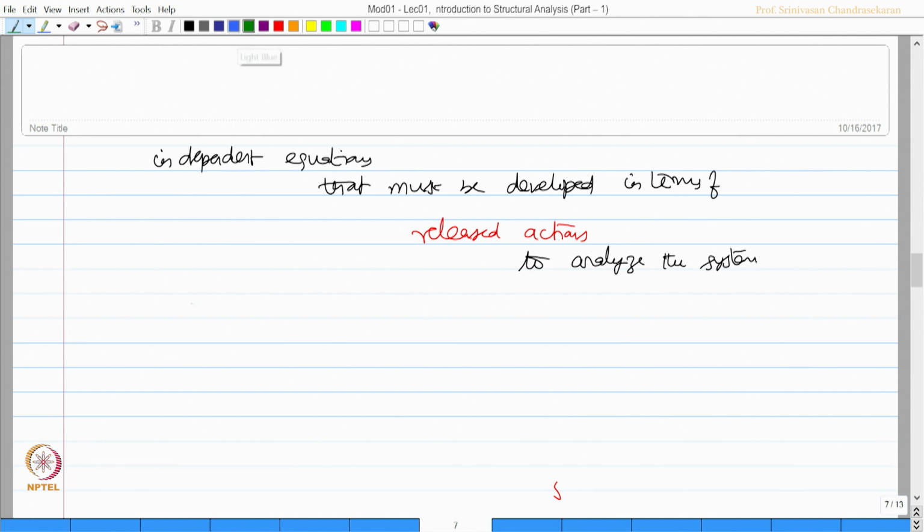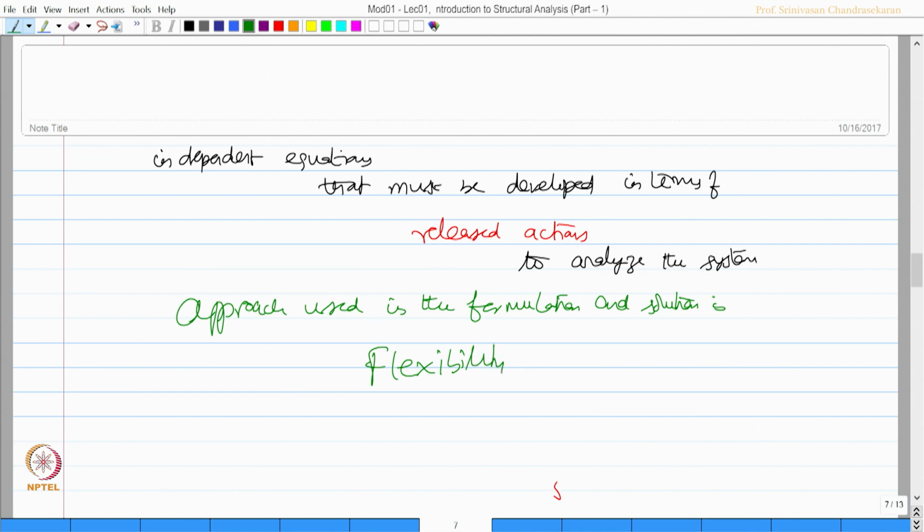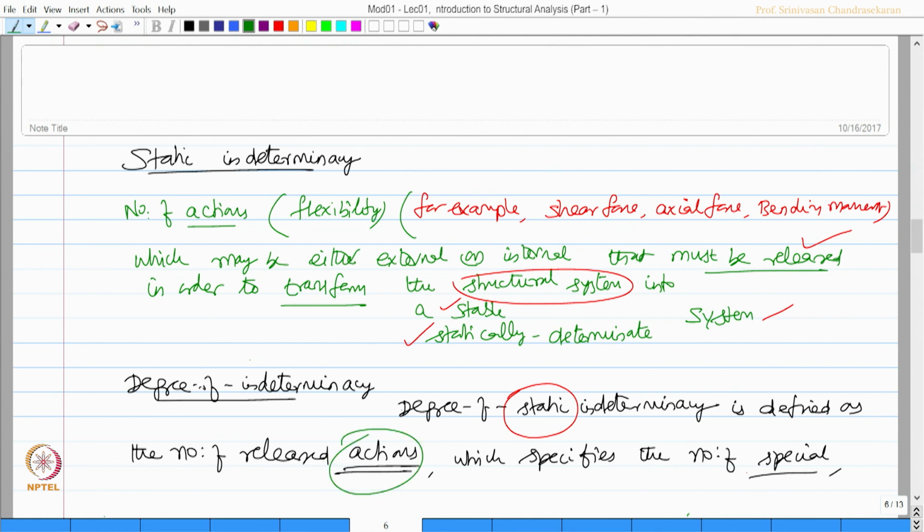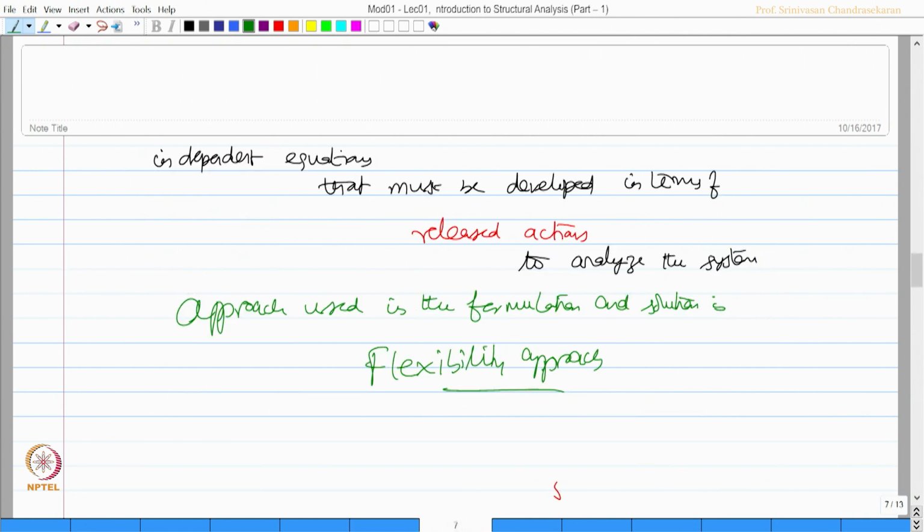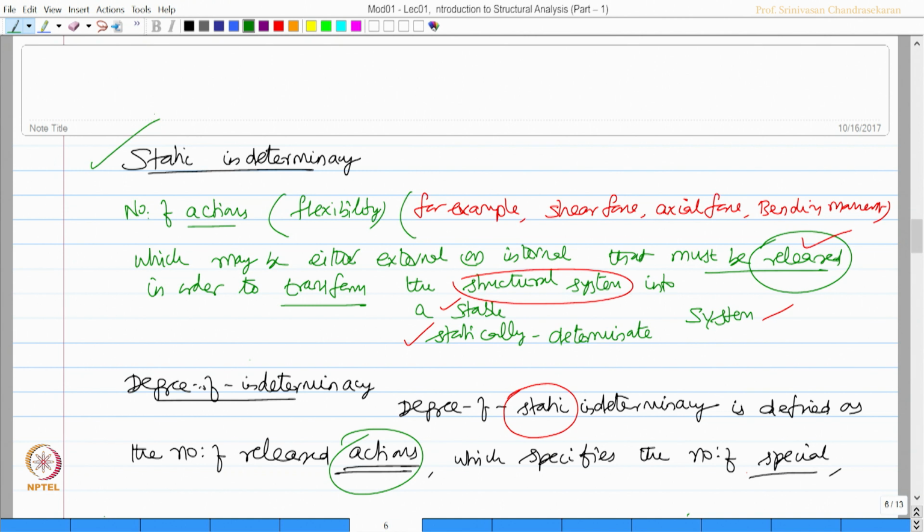So, the approach used in the formulation and solution is flexibility approach. As you can recollect easily now, in this actions are released, actions are related to flexibility. Okay. So, static indeterminacy is a term related to flexibility. Having said this,